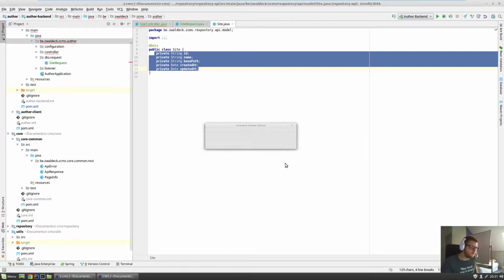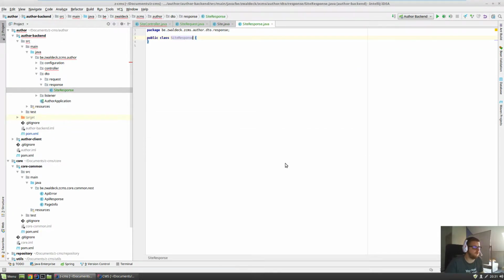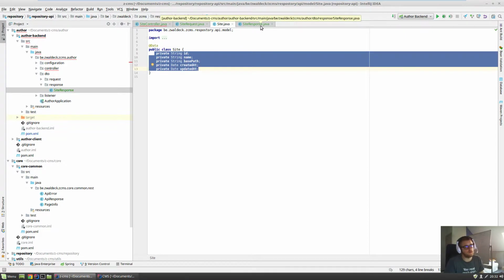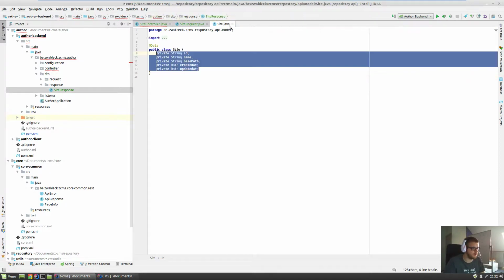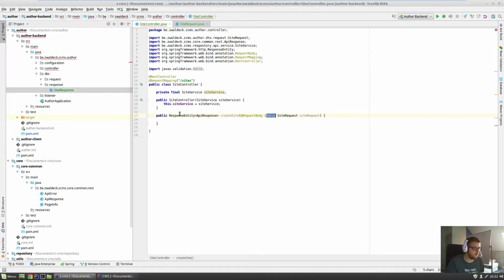So for now it's weird because the site response will have every field the site has, but it's more flexible. We can do some trickery in the converters and stuff for other objects. So we have different representations if we ask for a collection or not. But for now, everything of this site needs to be returned as well in a JSON, and the site is just that. So in here we need to have a way to convert back and forth from